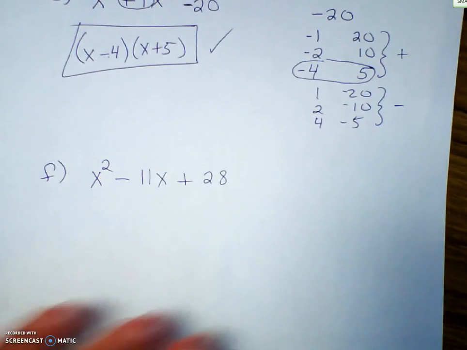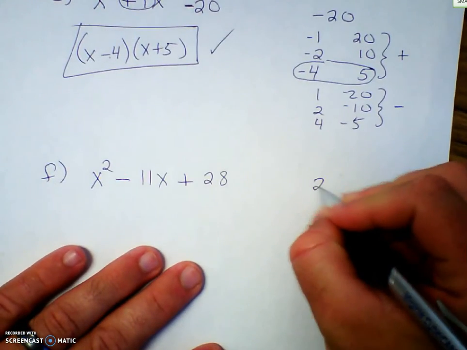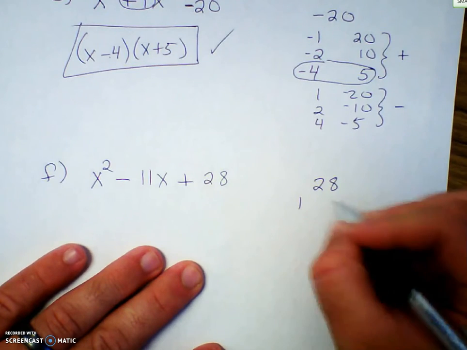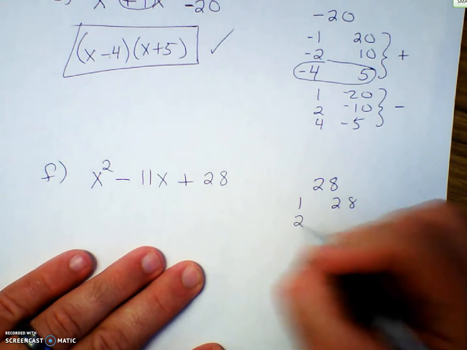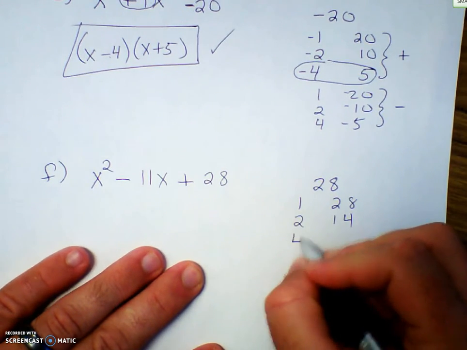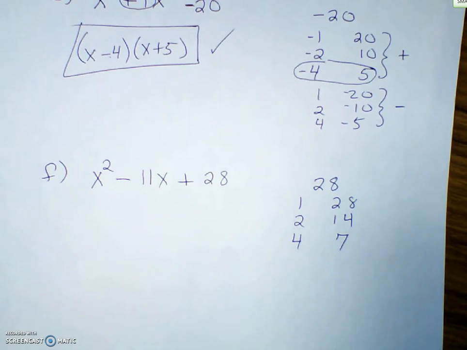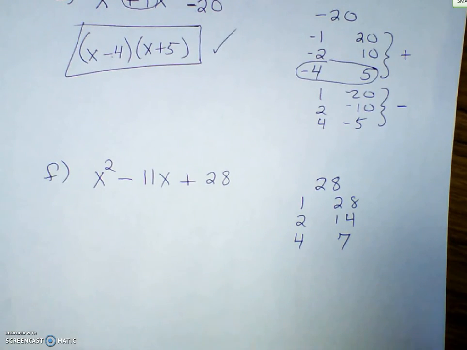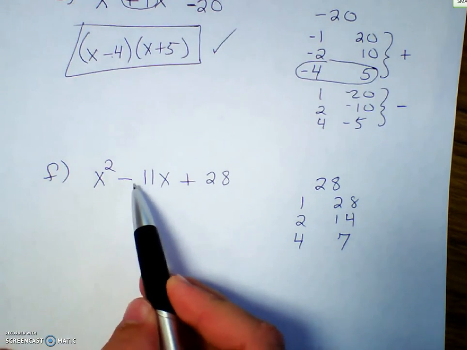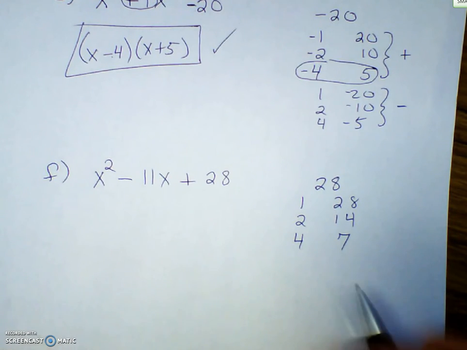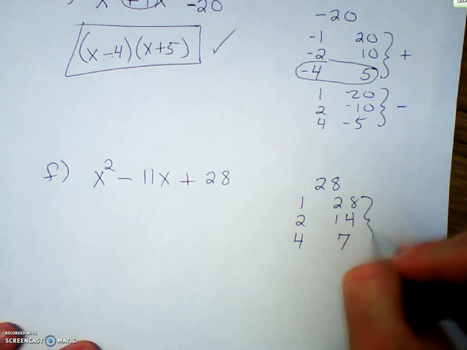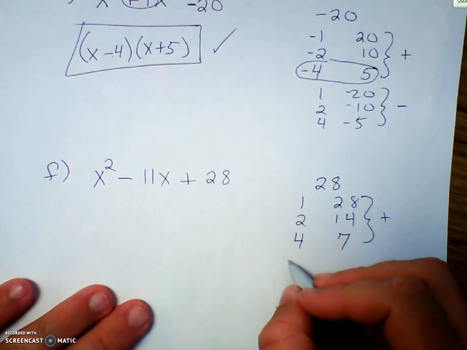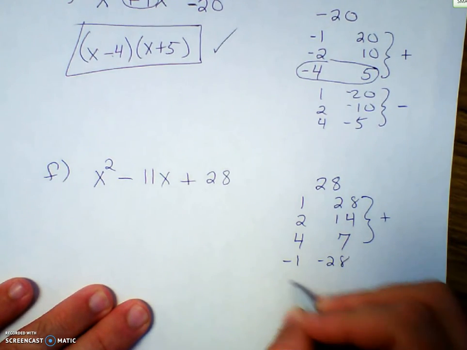Okay, say we had x squared minus 11x plus 28. So list out all your factors of 28, which are 1 and 28, 2 and 14, and 4 and 7. Those are the only 3 sets. Now, remember, with 28, it's positive, so they're both positive or they're both negative. Well, I'm trying to get a negative 11. So if I add these 3 sets, all of those are going to get me a positive answer. Okay? So I got to think about the negative versions of all those,